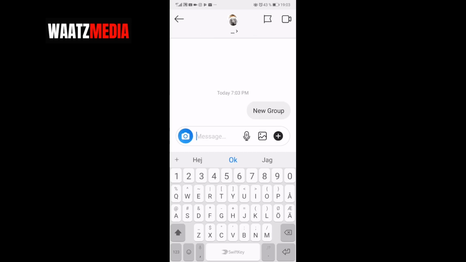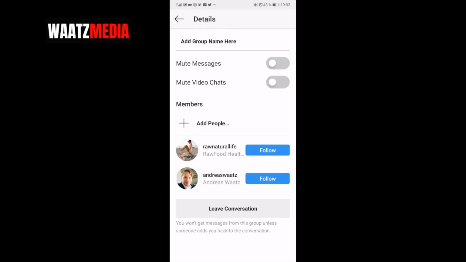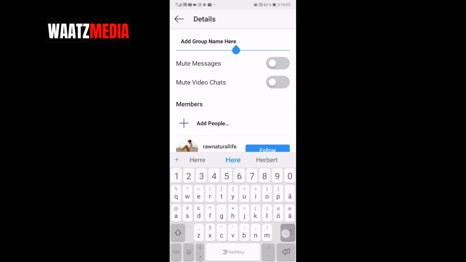Okay, so sometimes you can add a group name right here. Otherwise you can just click on the three dots under these profile images, and now you can see right here that we can change the group name. If this is the first time you're gonna create this group, you're gonna see all the members, so just delete all the members, and after that just add a group name. Just add a group name of your choice, then click on done.